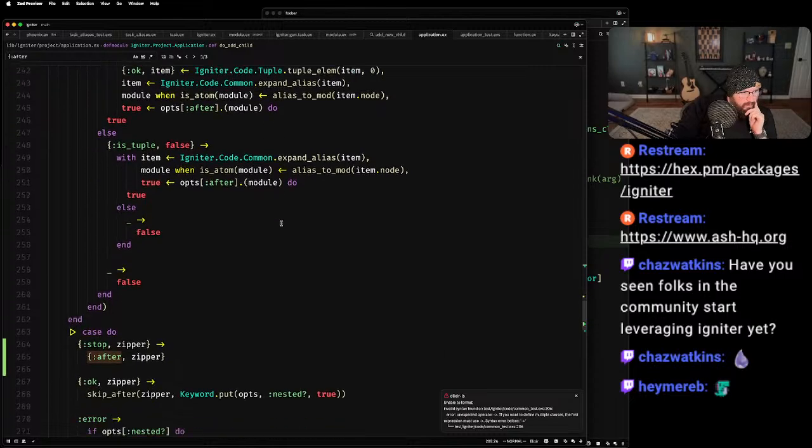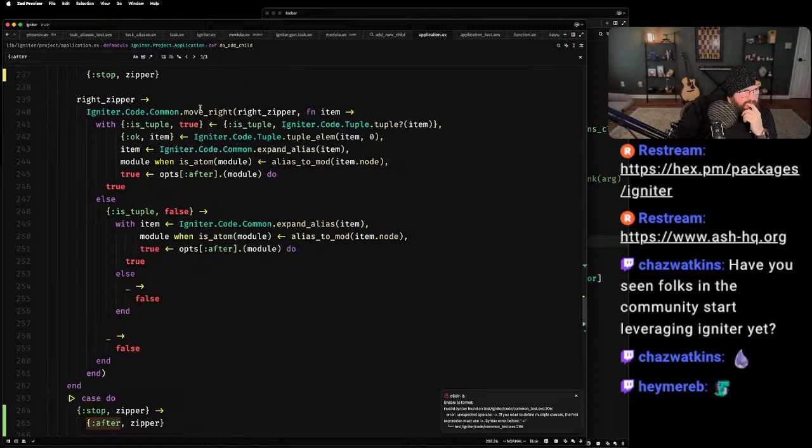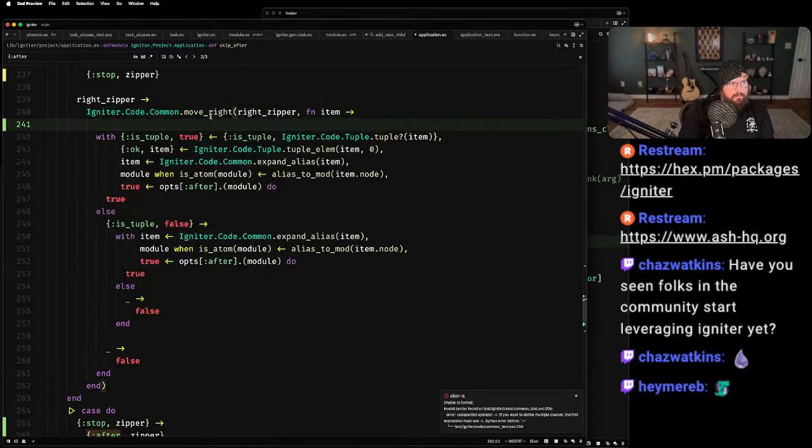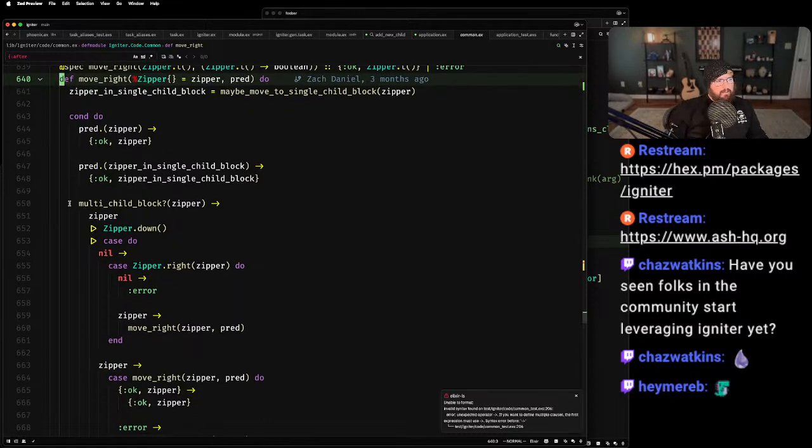But I don't know why. Maybe move right is doing the wrong thing. Maybe it's going down into, yeah, look. It's saying, oh, interesting, multi-child block zipper.